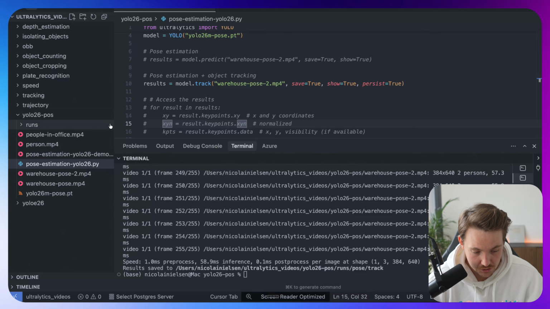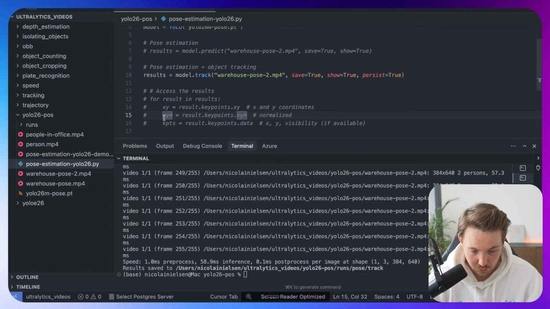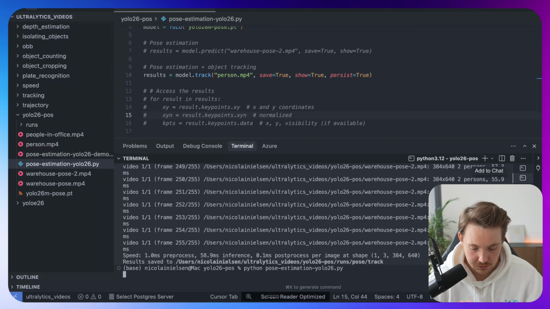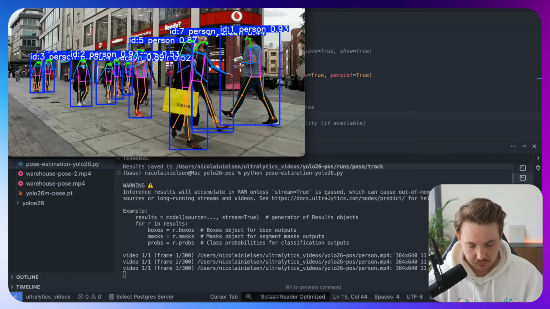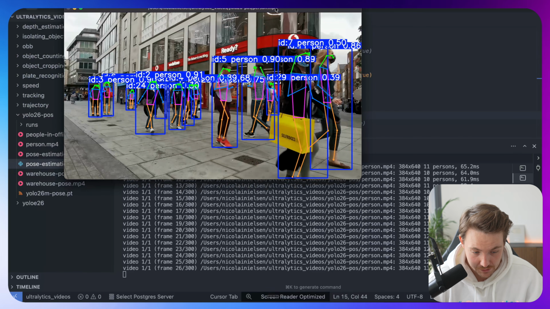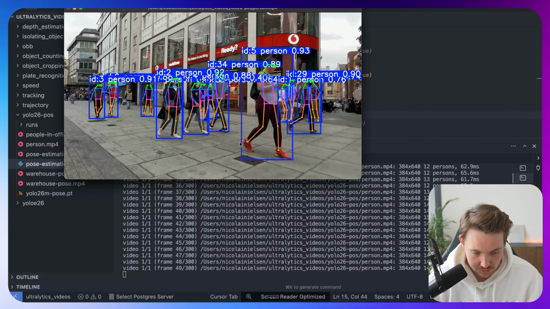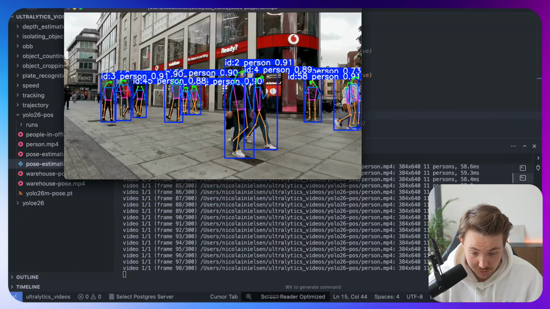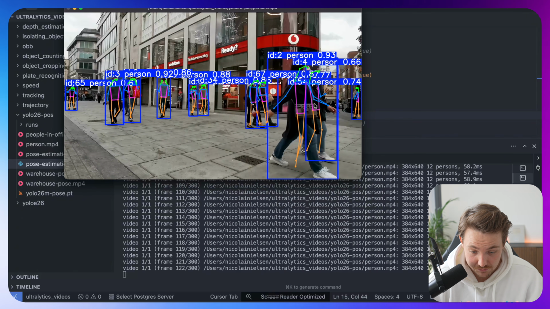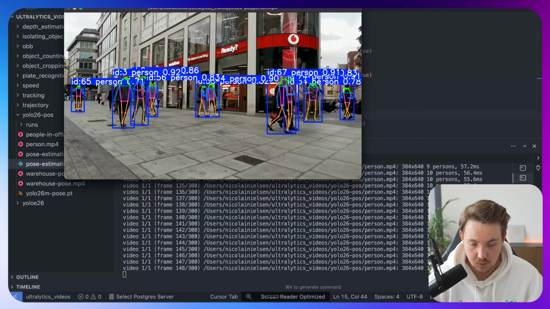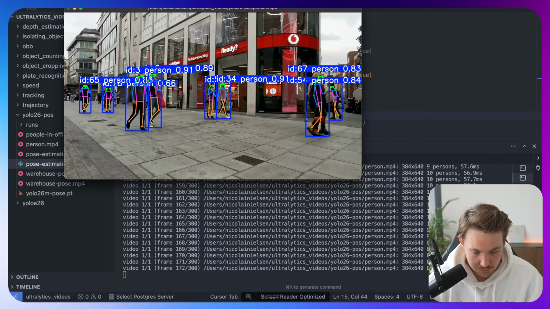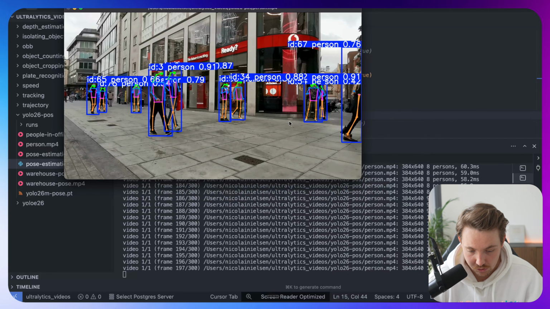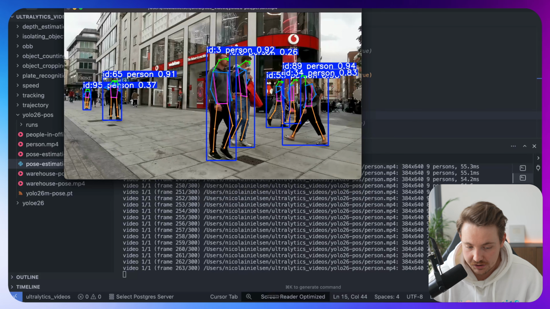So I have a few more videos here that we can run through. So we have this person MP4, let's run it. Here we have lots of people walking in a daily setting, like just down the street. You see we get pretty good detections, even though some of them are pretty much occluded or going side by side, we still have very good accurate pose estimation. The legs here look pretty good, and again then you can build out your own gym system or different projects that you can come up with